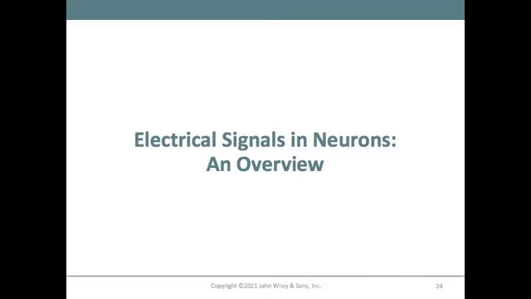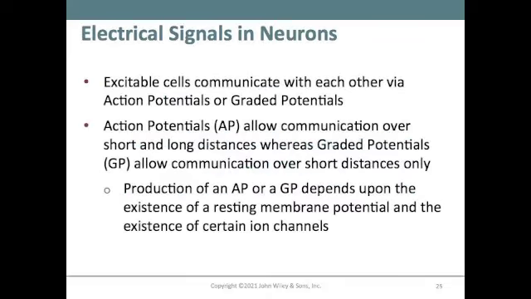Page 430, electrical signals in neurons. Excitable cells communicate with each other via action potentials and graded potentials. I already mentioned those two terms, so make sure you're making a note of those. Action potentials allow communication over short and long distances, whereas graded potentials allow communication over short distances only. Production of action potentials or graded potentials depends upon the existence of a resting membrane potential and the existence of